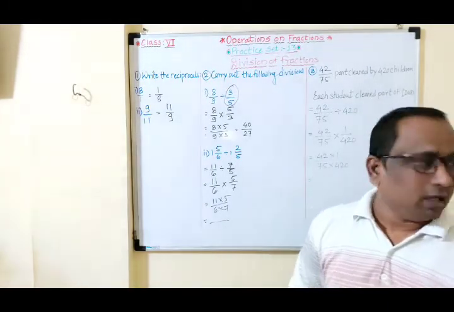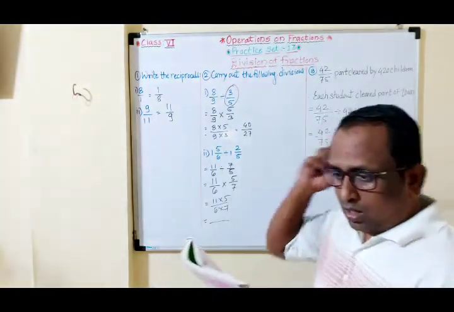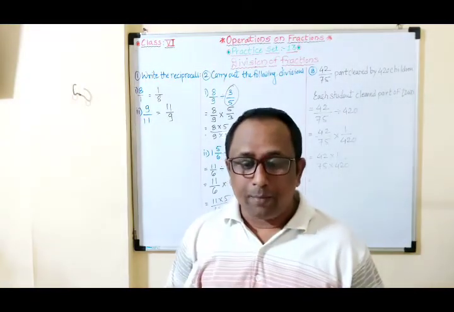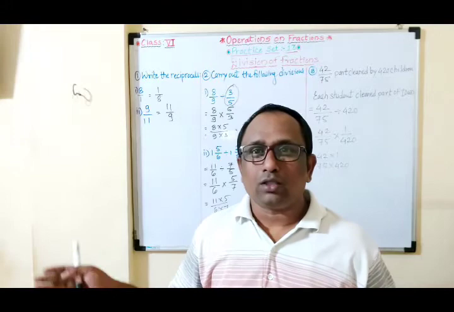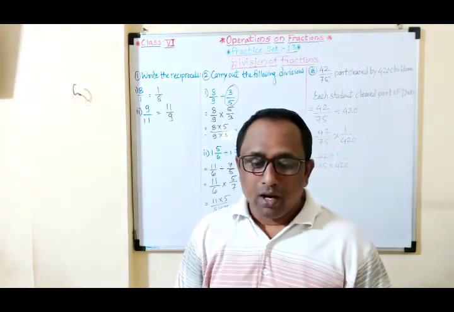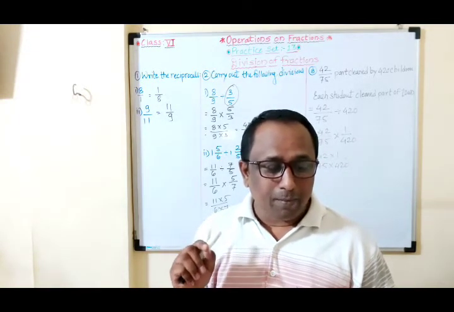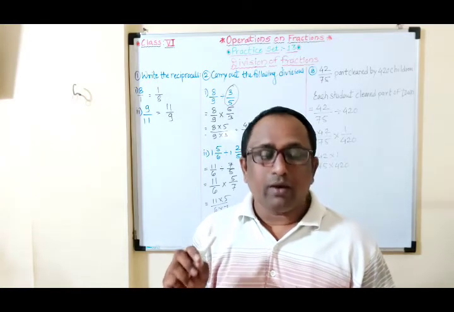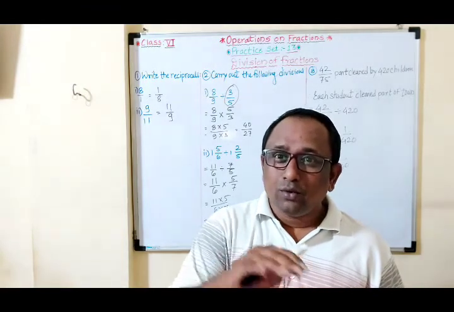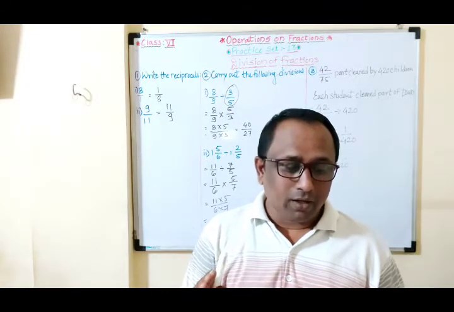Okay, now the third question, that is the one word problem, that we will see now. There were 420 students participating in Swachh Bharat campaign. Okay, campaign means a movement, or they are gathered together. Like in our school also we are doing plantation and all that campaign. Now they cleaned 42 upon 75 part of the town Sevagram. The town name is Sevagram. So that part they cleaned. Okay, but actually they have not described the total part. Only the part is given.